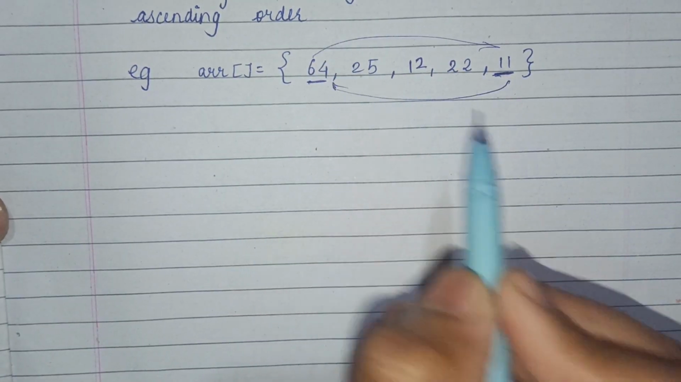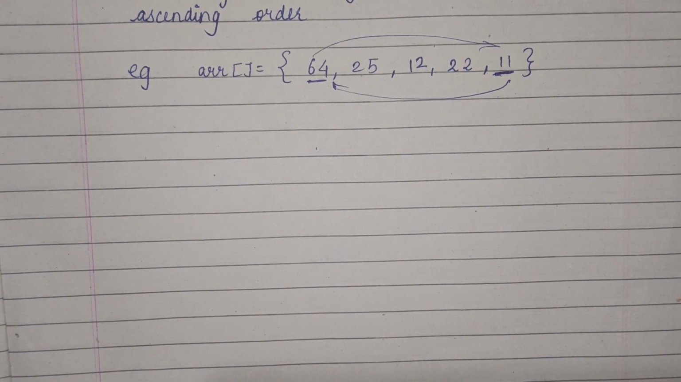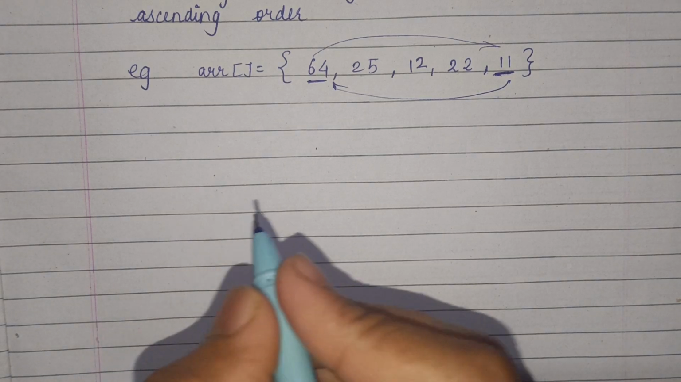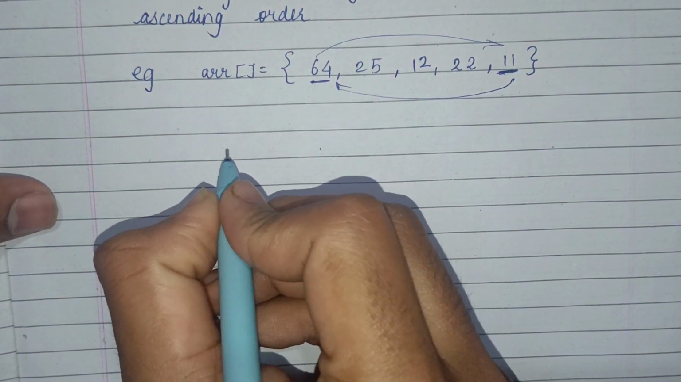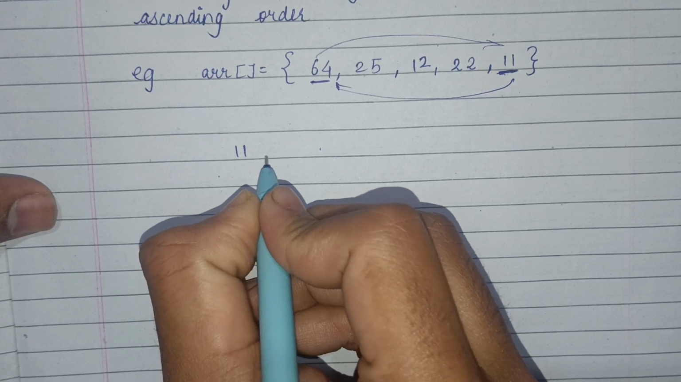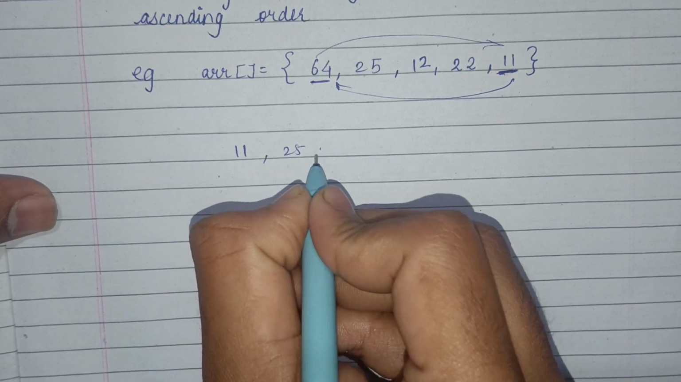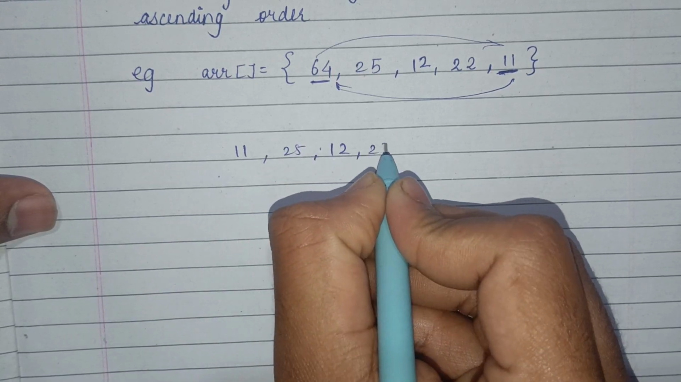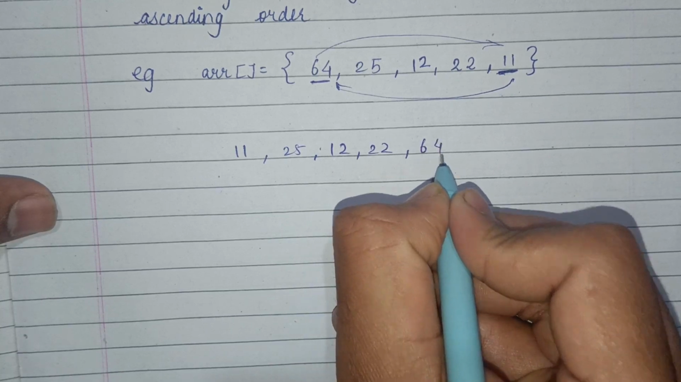Basically we have to do a comparison between the largest element and the smallest element. Whichever is the smallest will become first. Okay, so the elements will be 11,